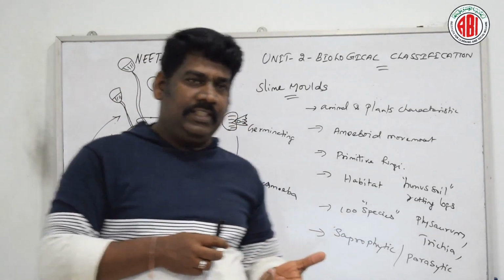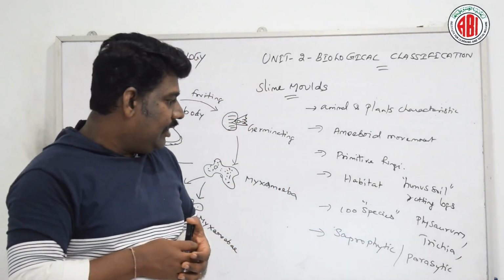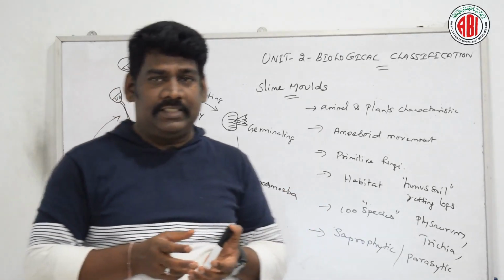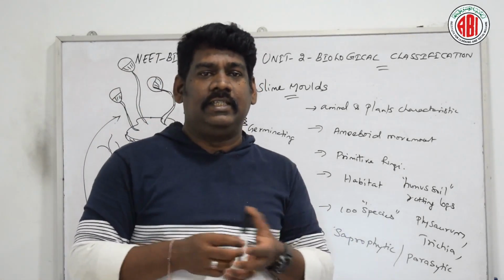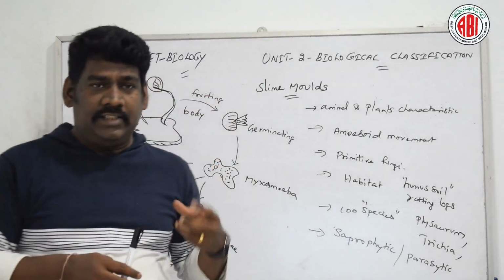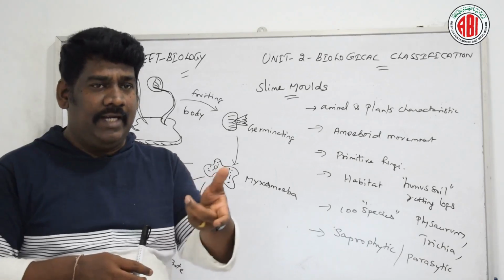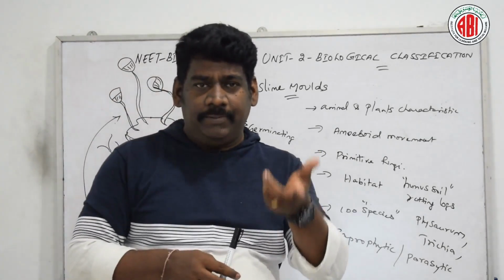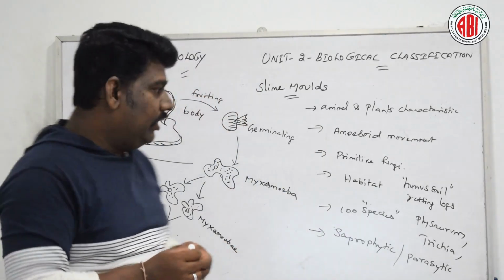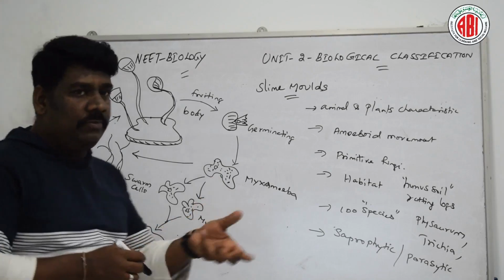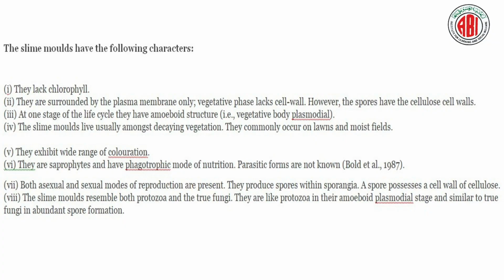Next, talking about amoeboid movement. These organisms do not possess a specialized organelle for movement. That is the reason the organism involves an amoeboid mode of motility. This amoeboid mode of motility is produced by pseudopodia, which help the organism in its movement.